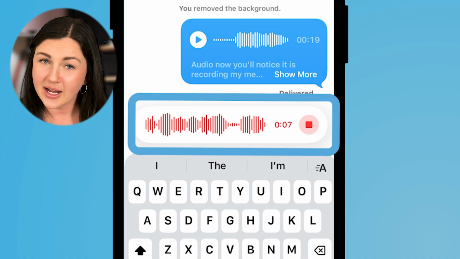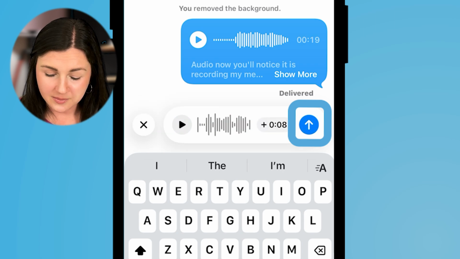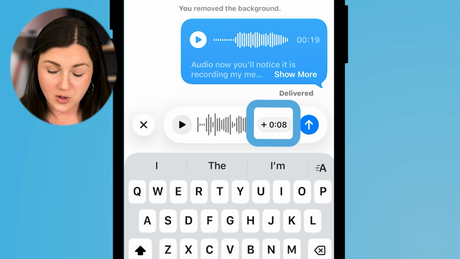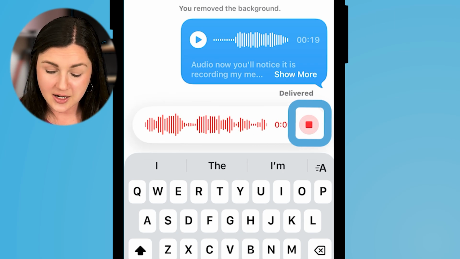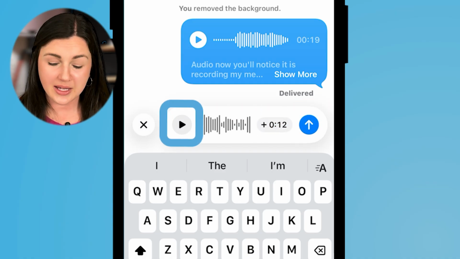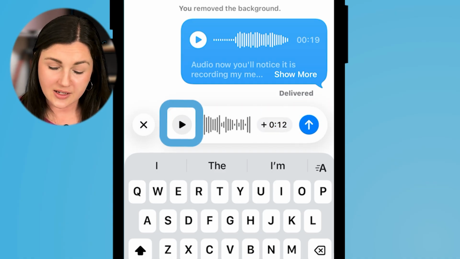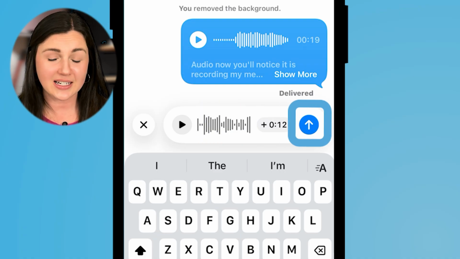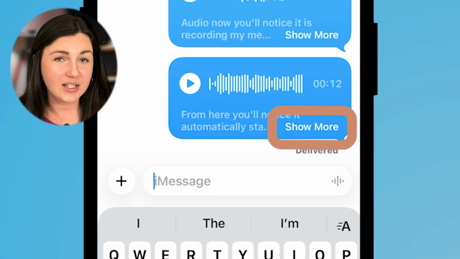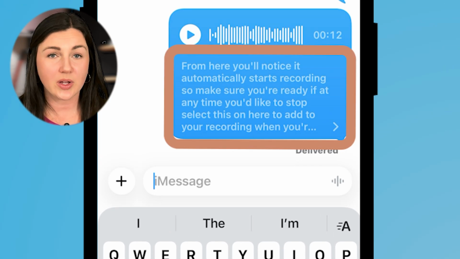If at any time you'd like to stop, select the stop button, and if you'd like to add to the audio recording, simply select the plus icon here to add to your recording. When you're satisfied with the recording, select stop again. You can play the audio recording to see if it sounds good, and when you're ready, select the arrow to send it. You and the recipient will get a nice transcript with the audio message, and it's important that you